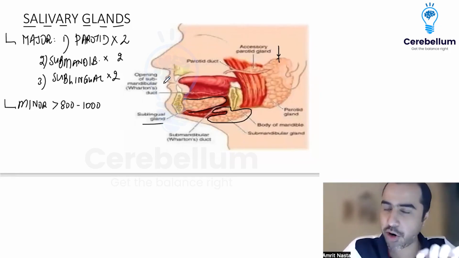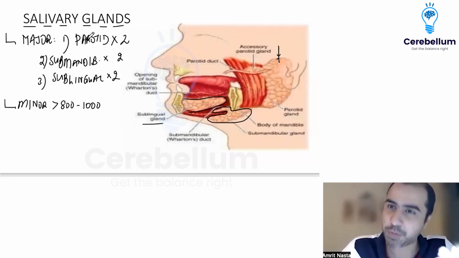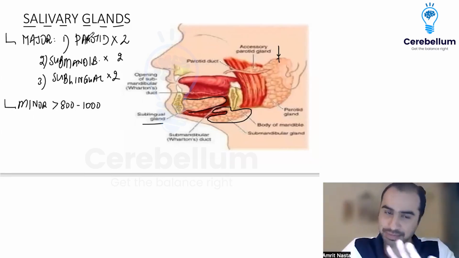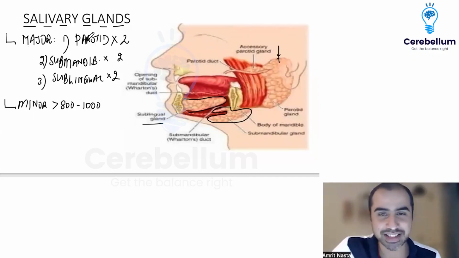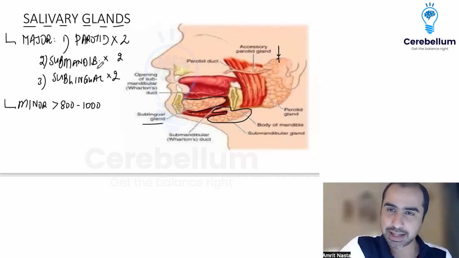If I would have grilled you a little more, I would have asked you, sublingual paired होती है क्या? Then you would have wondered, is it paired? And you would have said no. Then you would have said 5. I have done this enough number of times. That's why 806 plus. Okay, so these are the salivary glands, and in each of these glands, there is one